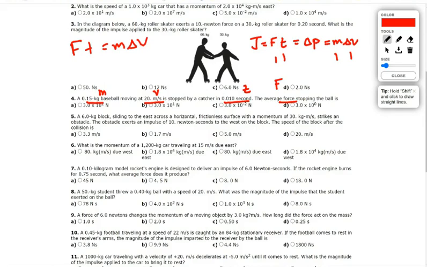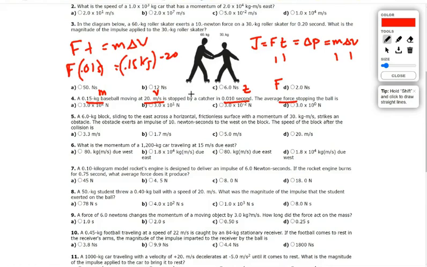I just put everything in. The F is unknown, right? The t is known, 0.01 seconds. The m is known, 0.15 kg. The delta v, this thing gets stopped. Now, technically, it's negative 20. That's the change. But that's interesting. Usually they say, what's the magnitude of the force? This is a Regents question. They really should have said, what's the magnitude of the force? But all right, no problem.